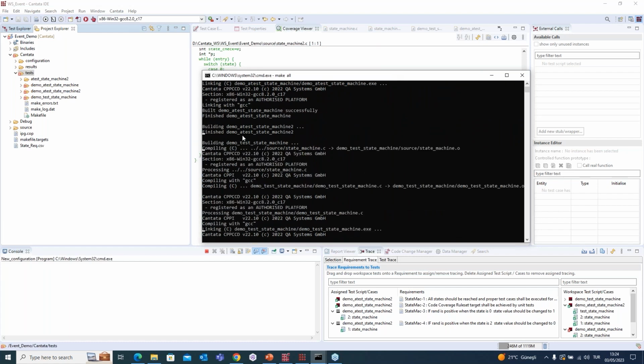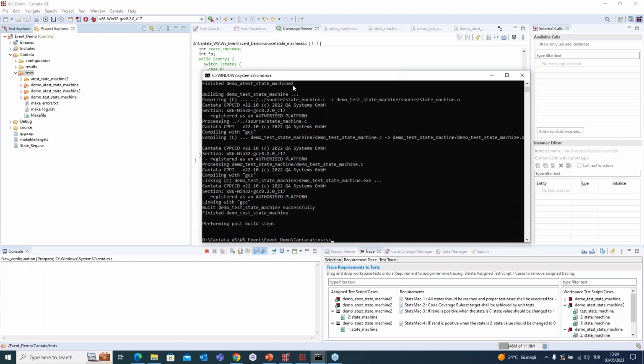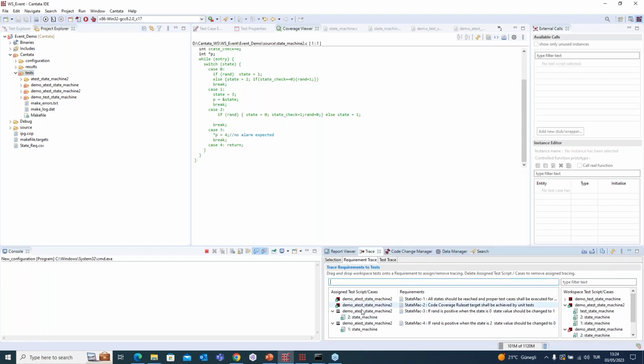As you can see, it is running the demo ATest test machine 2, and it is also updating the results in the requirement trees. Thank you for listening. This was all for MISRA and Cantata. Now we will be continuing with AbsInt.